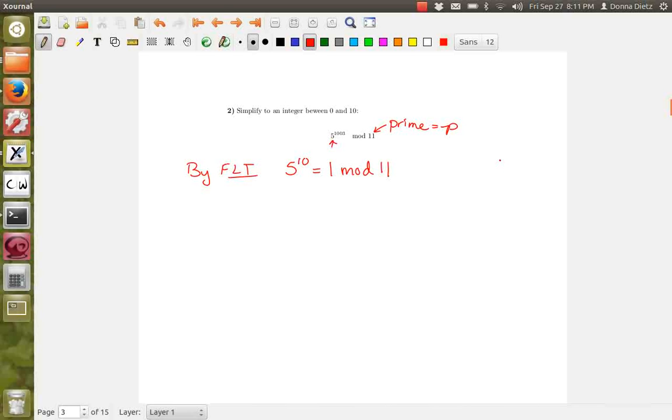Okay, now what you do next is you say, well, if 5 to the 10 is equal to 1, then it implies that, for example, 5 to the 1,000 also equals 1. So 5 to the 1,003 is 5 to the 1,000 times 5 cubed. And then this piece cancels out because it's just 1. All right? So the way we officially do this is we say,